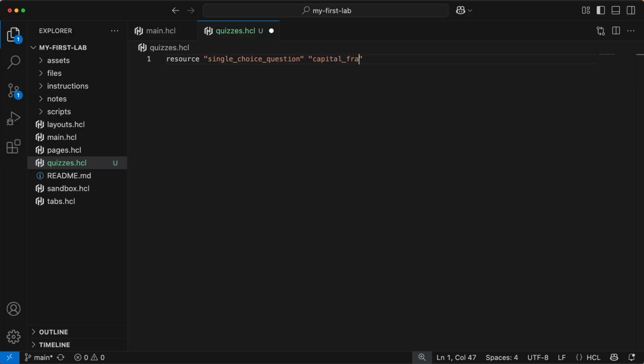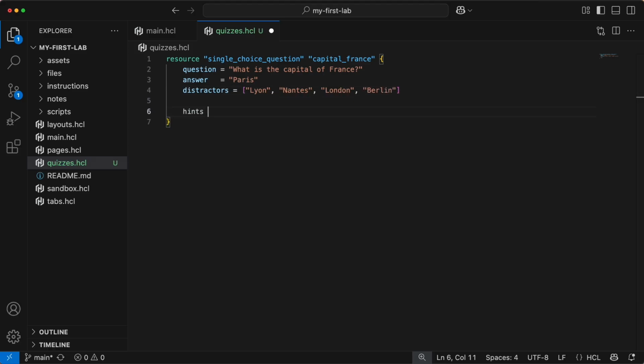A single choice question presents a user with a question and several answer options, but only one correct answer. The question field defines what you want to ask, and the answer field is defined using a string value. Now we'll add incorrect but plausible choices using the distractors field. To help users when they get a question wrong, you can add a list of hints to any question type. These hints are shown one at a time, in the order you define them, giving the user more guidance with